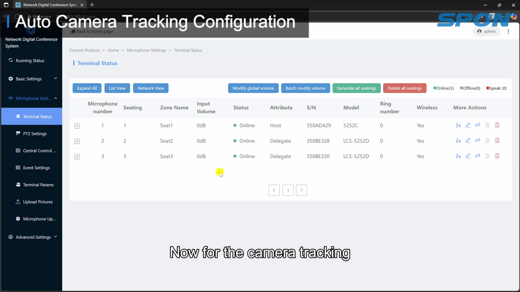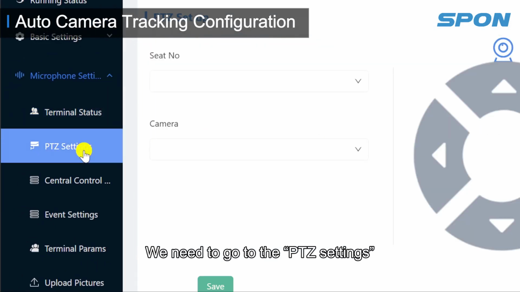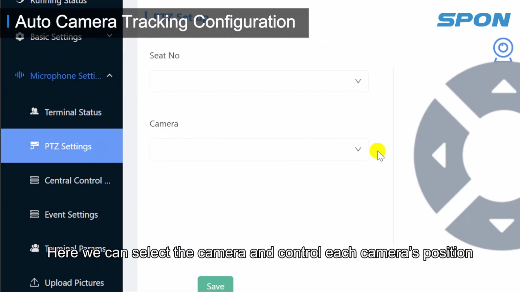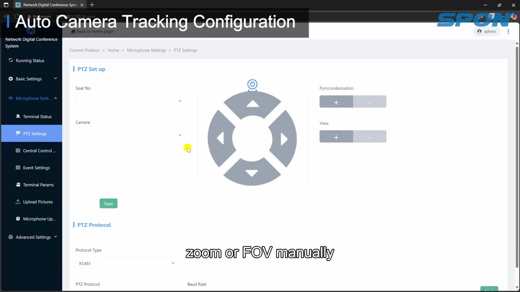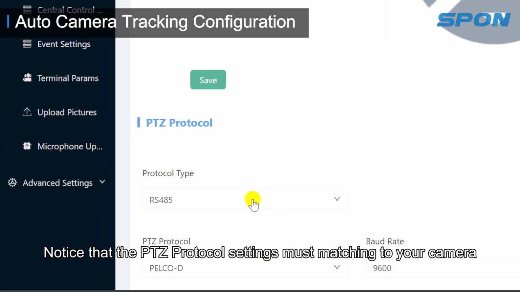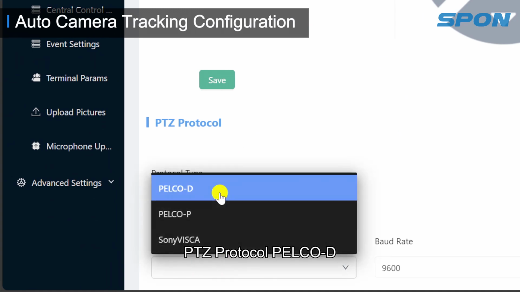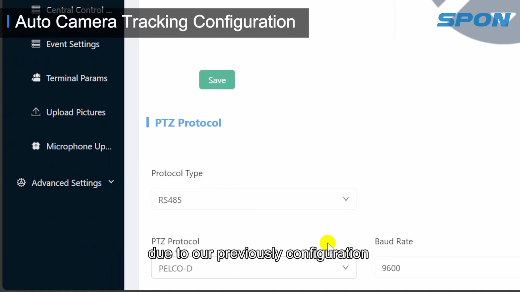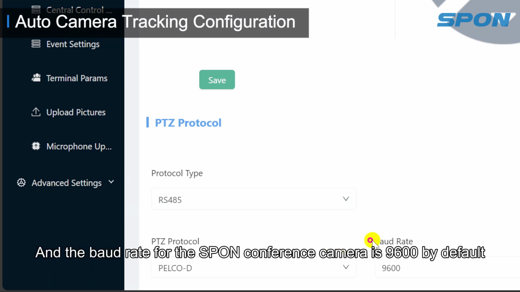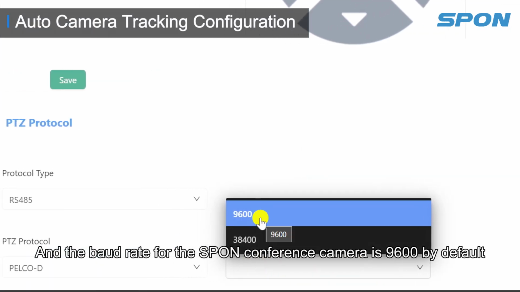Now for the camera tracking, we need to go to the PTZ settings. Here we can select the camera and control each camera's position, zoom or FOV manually. Notice that the PTZ protocol settings must match your camera. Protocol type should be RS485, PTZ protocol Pelco D, due to our previous configuration, and the baud rate for the Sponcom conference camera is 9600